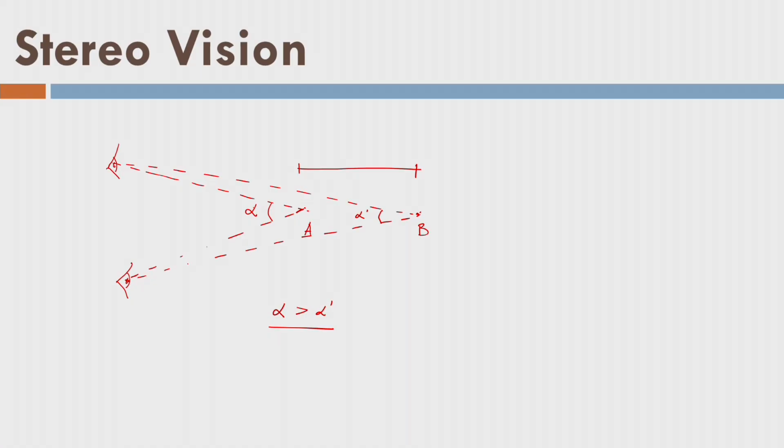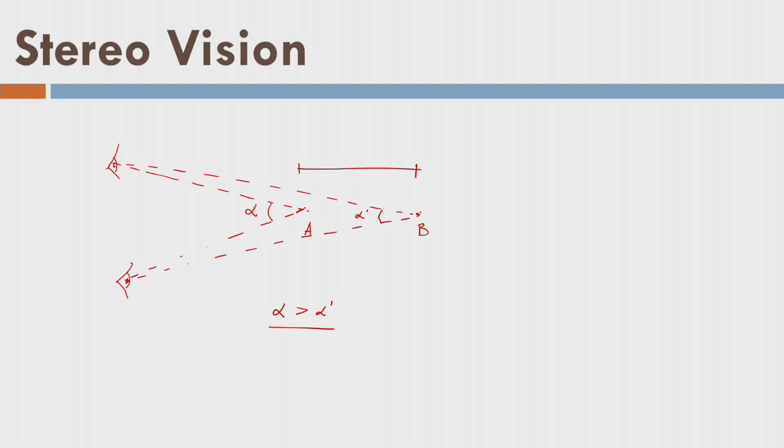Okay, what is the contrary argument to that? Let us do one experiment, and you might have done it many times before also. It is not the first time you are going to do it, but let us repeat this. So let us say there is a point A in your room, and try to stretch your arm like this, make your finger this way and try to hide the point with your finger. Fine. After doing this, what will you do now? You will close one eye, like this, and try to see that hidden point from the one eye. So the point is hidden behind the finger, and you are closing your eye like this. Okay, so once it is done, you open this eye and close this eye.